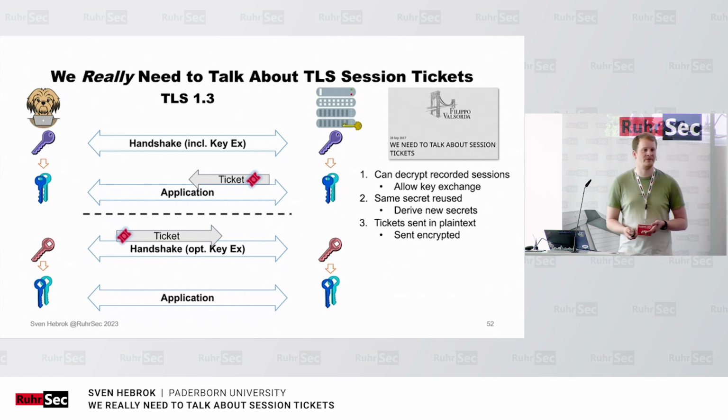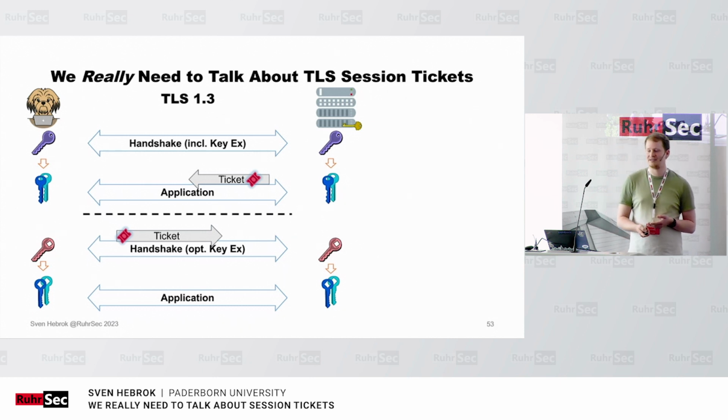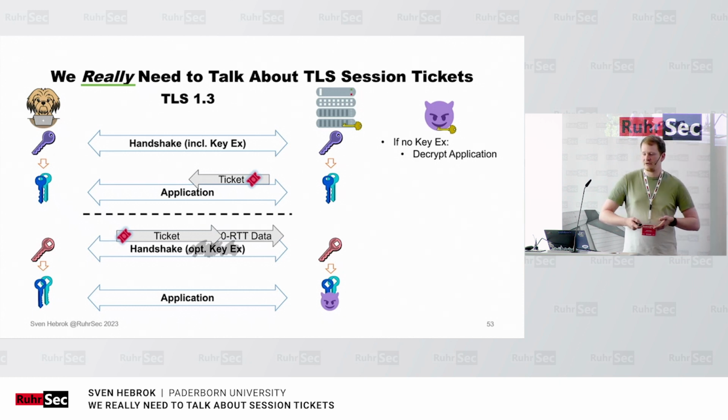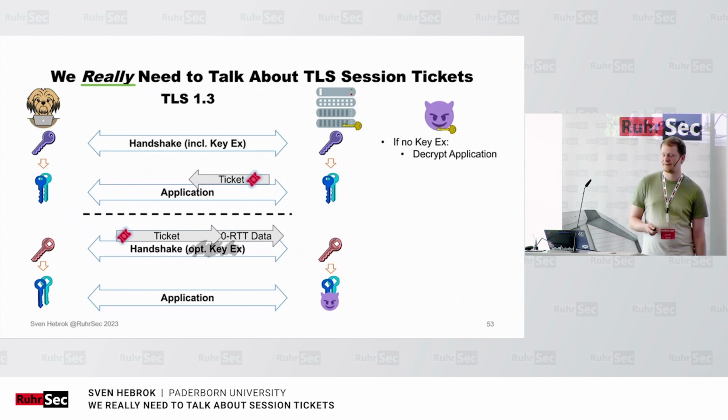So TLS 1.3 seems fine, right? So even though we now have the attack, TLS 1.3 servers should be secure. Unfortunately, that's not the case, because we really need to talk about this issue. So if you have an attacker that has the stack again, if there is no key exchange, you can still decrypt the application data, because you have the key from the ticket. There's no key exchange done, so these are all deterministic computations that you can do on your own. If a key exchange is done, TLS 1.3 still introduced a new concept of zero RTT data, which